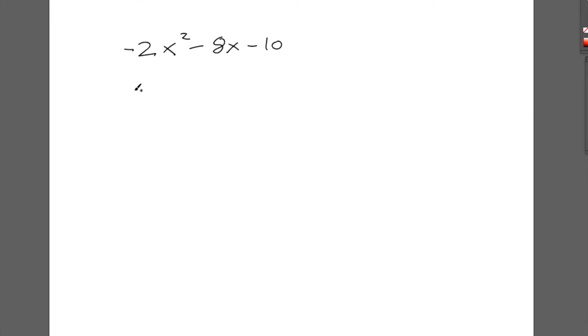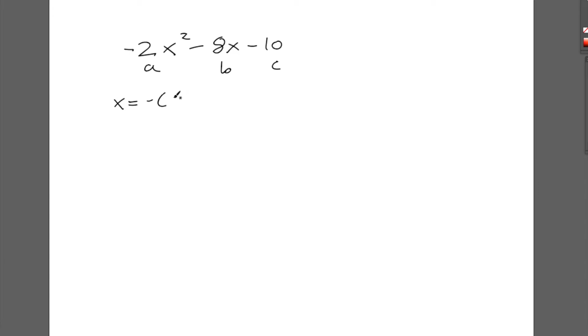What's up, guys? We're going to be doing quadratic formula. So we have -2x squared minus 8x minus 10. So first what we want to do is set up A, B, and C so we know where our numbers are at. And then we're going to set that up in the quadratic formula. So you get x equals